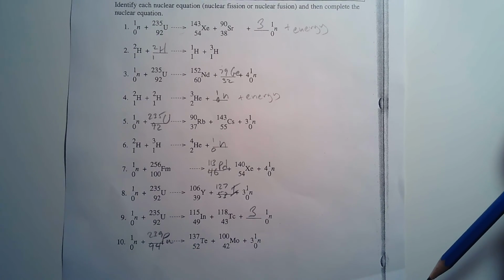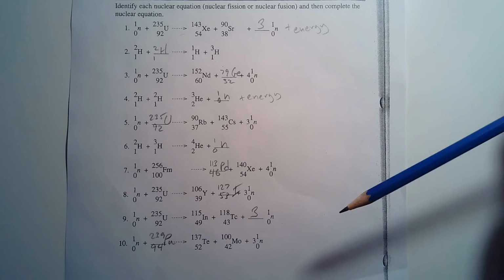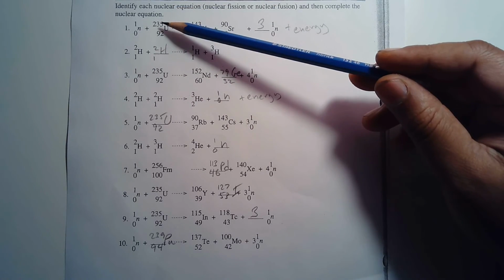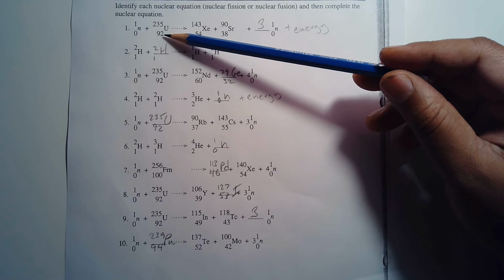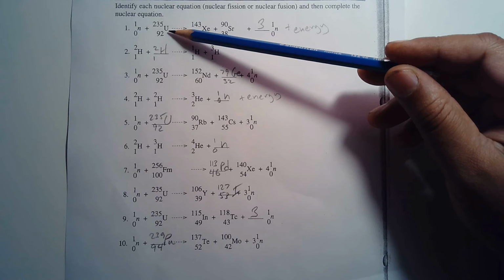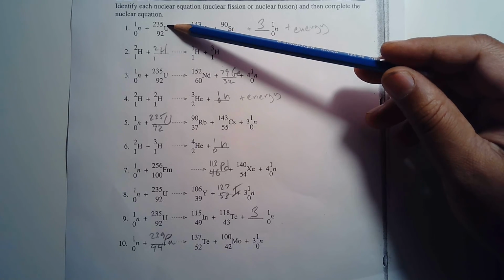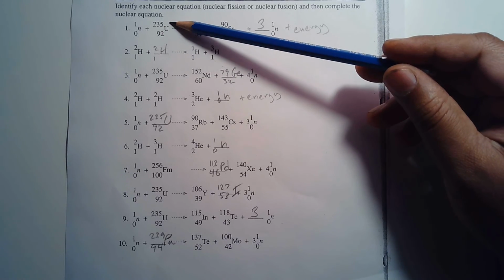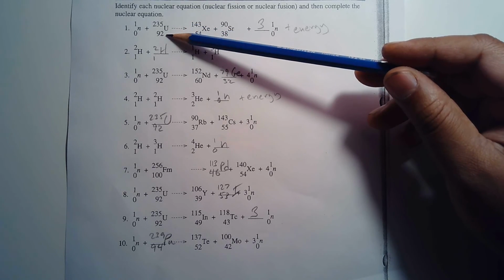And again, when I'm saying things like uranium-235 or hydrogen-2, that refers to the mass number. Okay, so the mass number is variable for different isotopes, but the atomic number is fixed. So it doesn't matter if I'm talking about uranium-235 or uranium-238, they're all going to have 92 protons. So the mass number can change, but the protons cannot. Remember, mass number is equal to your number of protons plus your number of neutrons, and this is the atomic number, which is the same as the number of protons.